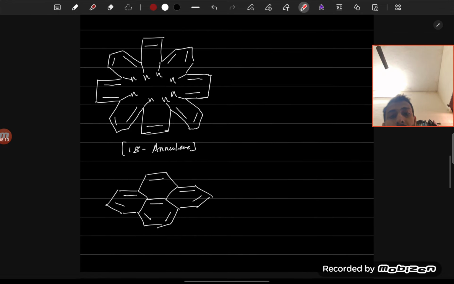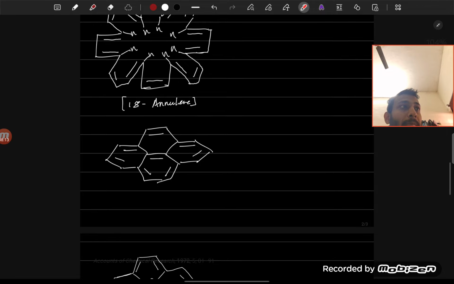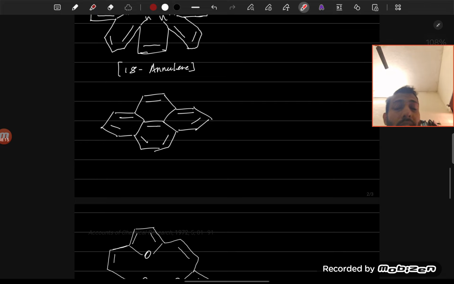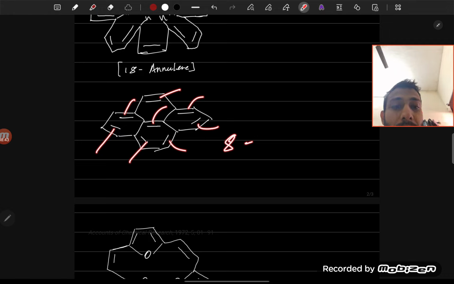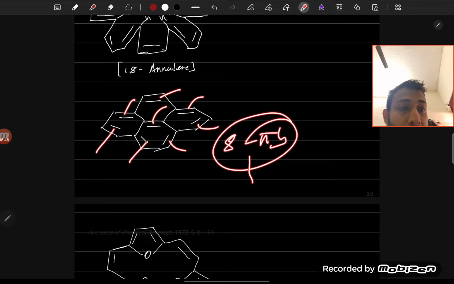Okay, and the next compound is this. Obviously it is not an aniline ring, but we can see here a peripheral resonance. Let me explain that, because I think Advance had asked one time about that compound, like how many pi bonds are taking part in that resonance. So if we look at the first side, 1, 2, 3, 4, 5, 6, 7, 8, 8 pi bonds are taking part in the resonance at first look,